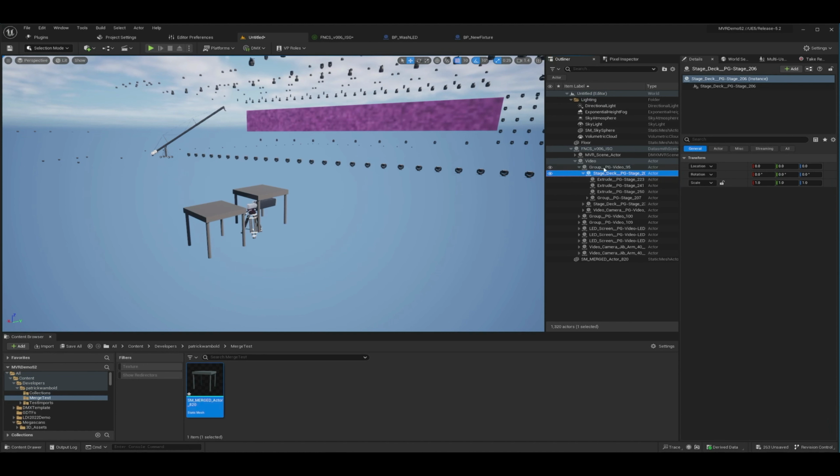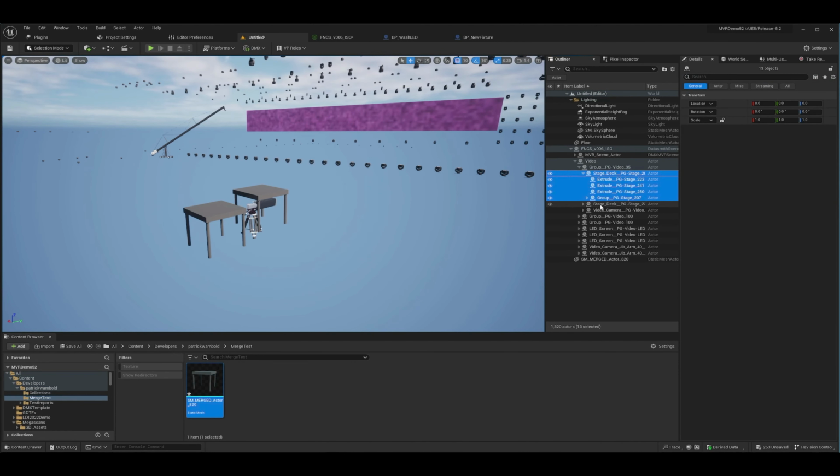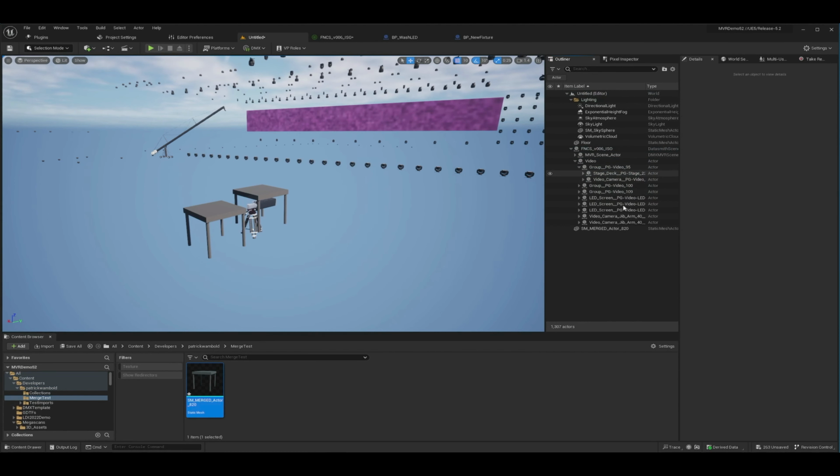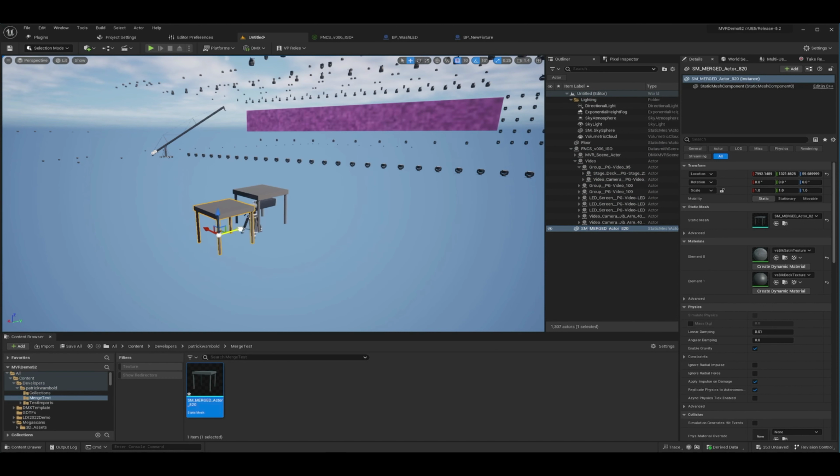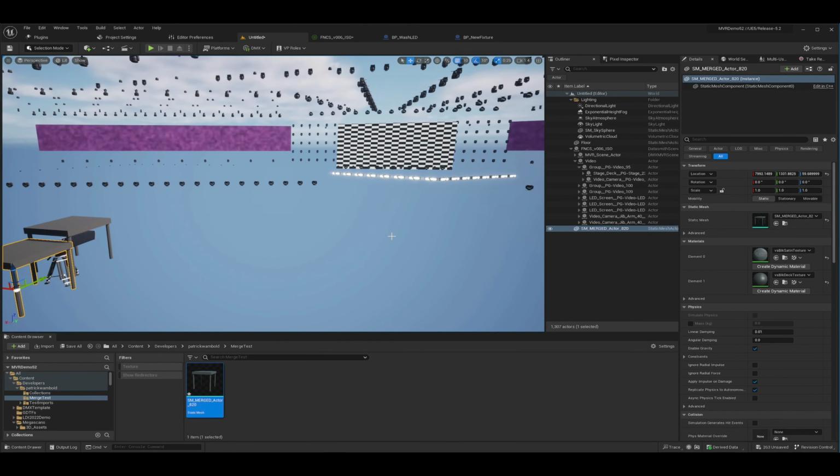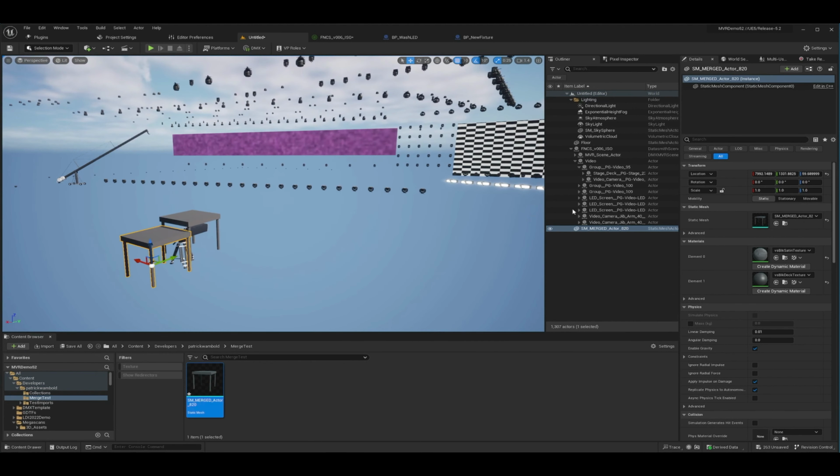So if I wanted to get rid of those, I need to go back, select all of those, and then delete them, and then that would totally get rid of any of the additional references that were still in there. And this is one way to go through and optimize and get your scene ready to go. I actually merge giant groups of things together usually if I know I'm not going to move them independently. So I'll put the whole stage or all the trussing or anything that I know is not really going to move. I might just lock those together because having lots of objects in here will make Unreal run a lot slower. Lots of polygons, no problem, but lots of individual objects are not quite as friendly.